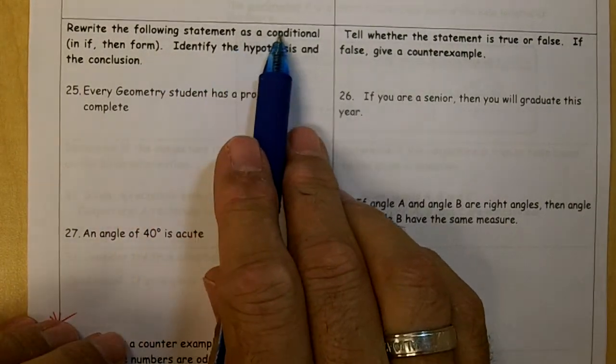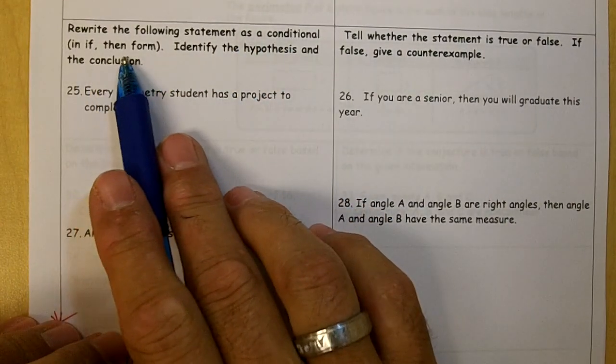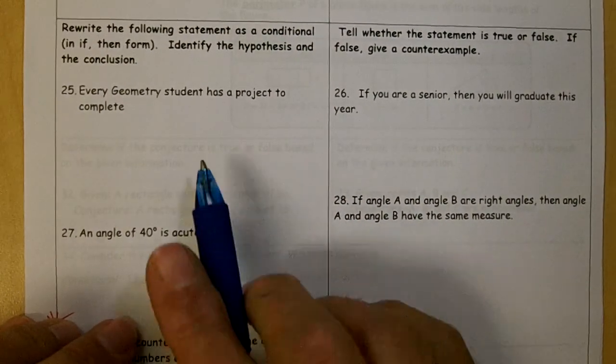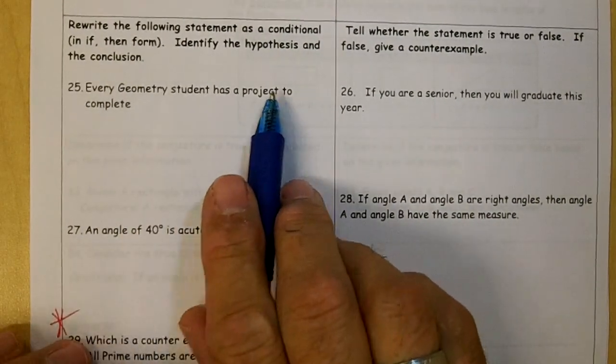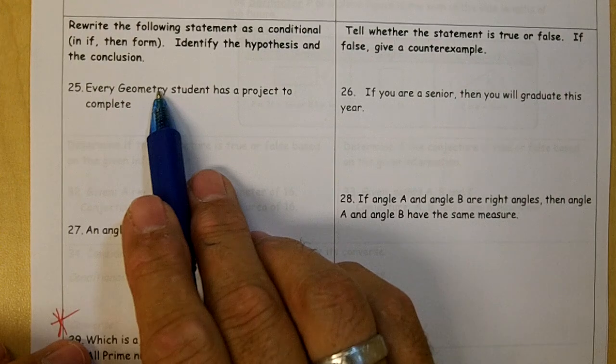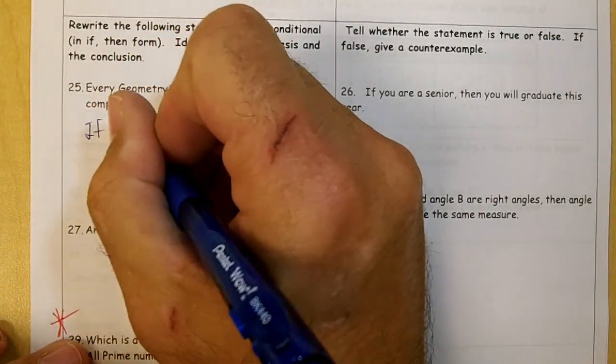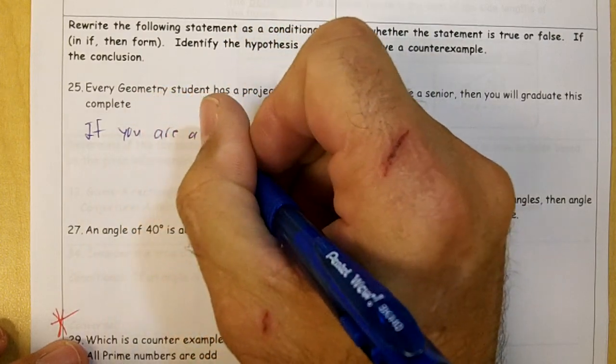Okay, rewrite this statement as a conditional in if-then form. Identify the hypothesis and conclusion. Every geometry student has a project to complete. If you first are a geometry student, then you have a project. So if you are a geometry student,